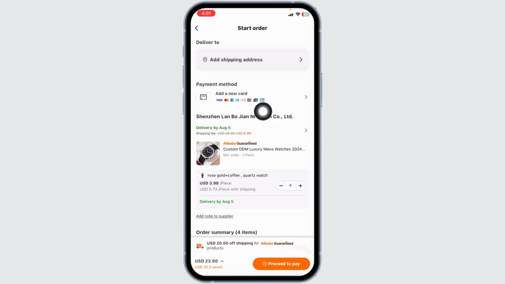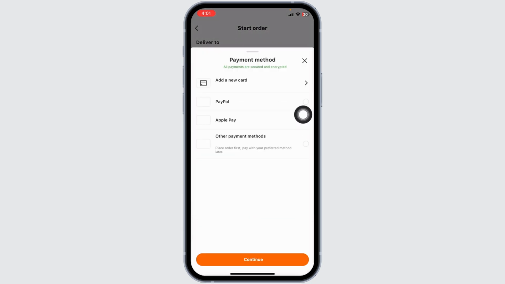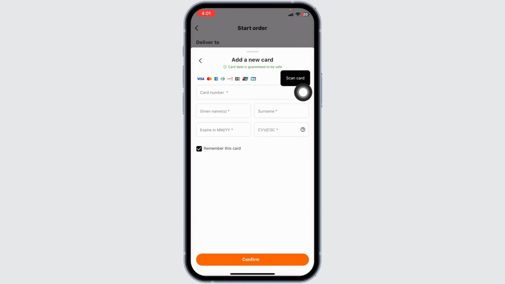Then you will see this section of payment method. Click on that. Now from here you can easily add or remove your debit or credit card. If you want to add it, you have to click on the option of Add a new card, then provide the details. You can type in your card number, give a name, surname, expiration date and CVV. If you want to save this card info, check the option of Remember this card and click on